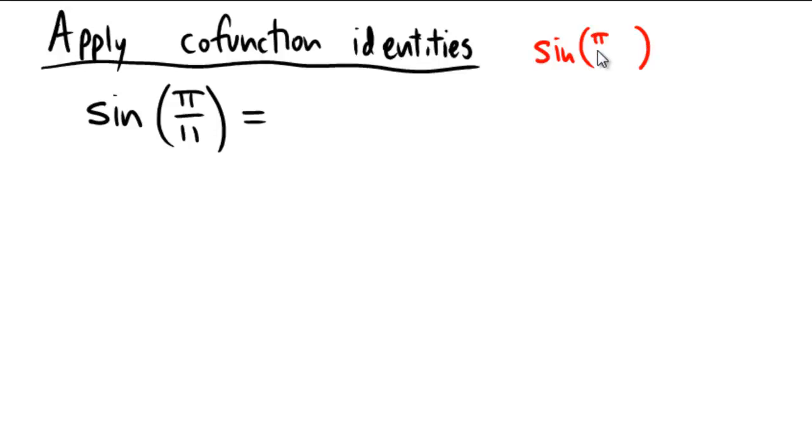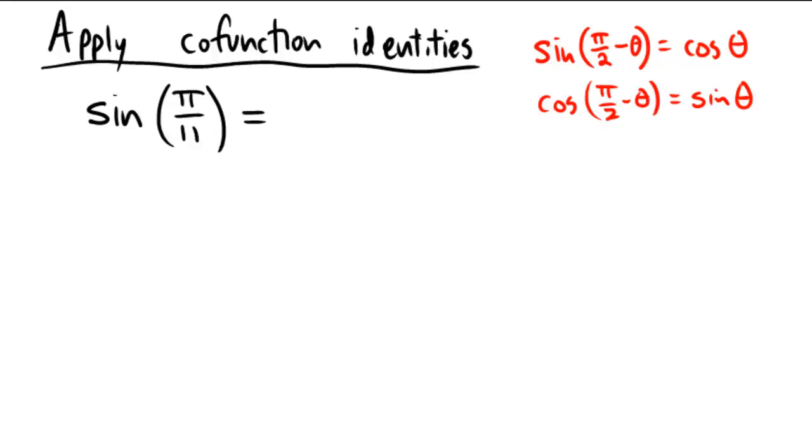So if you take the sine of pi over 2 minus an angle, this is equal to the cosine of that exact same angle, and the cosine of pi over 2 minus an angle is exactly equal to the sine of the angle. So they're related via complements, and that's why one is called the sine and one is called the cosine. So here we have a sine of a particular angle, and it's asking us to apply